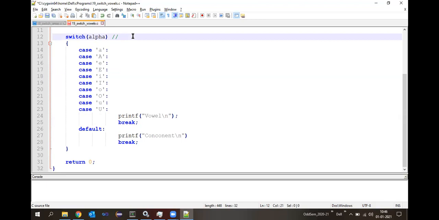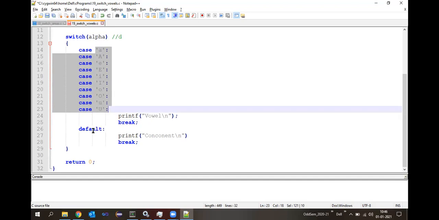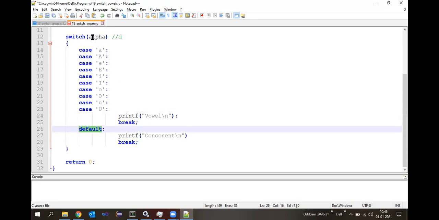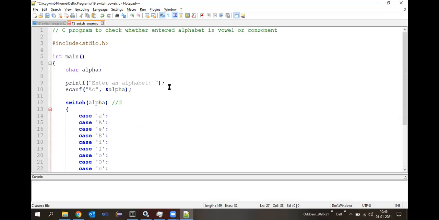And if I enter any other character or alphabet like a D here, what will happen? The case value will not match with any of these values, among the ten different cases, so it will go into the default. There is no corresponding match for the expression with respect to each of the case values. So it will go into the default, and in the default we have a statement to print consonant, right?